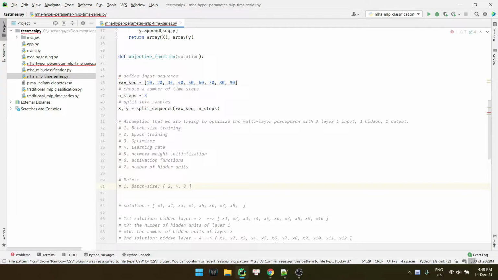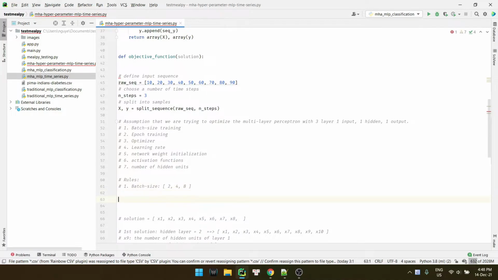Alright, like this. Or for a bigger problem you can use like 64, 128, 256, 512, and so on. But the problem is so small, so it should be this.